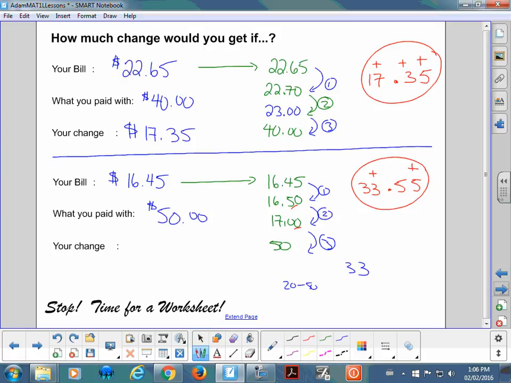So it becomes a little trickier with bigger numbers, obviously. Most of the examples are going to be under $50, because we want to practice the mental math, and I know some of us are a little rusty, so try to keep the numbers a little bit lower. But it's this adding process. We're going from what our bill was, adding to get to what we paid. It's always adding. A lot easier, because a lot of people find adding easier than subtracting, and that's why we